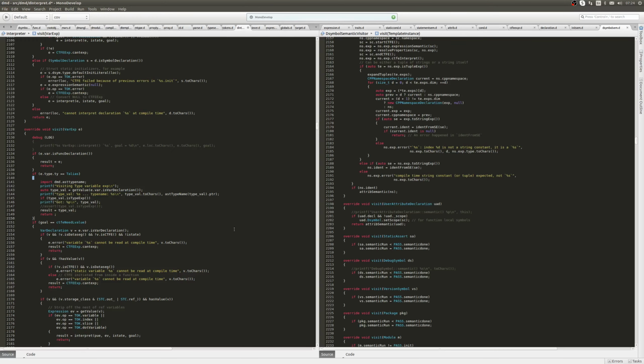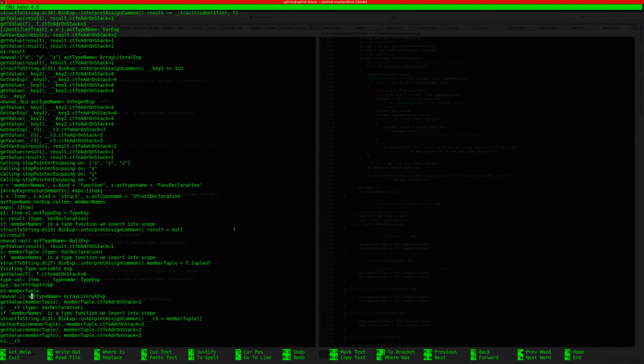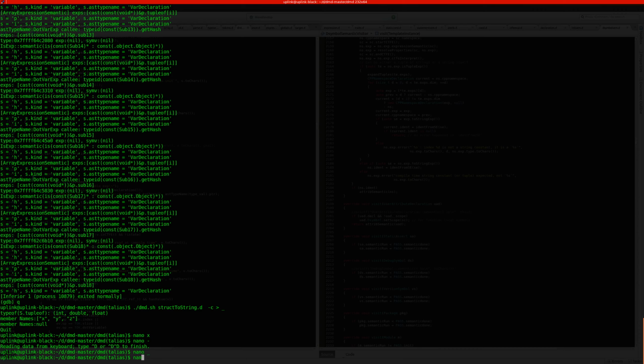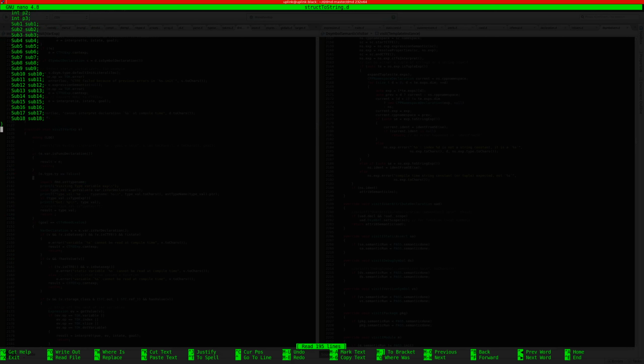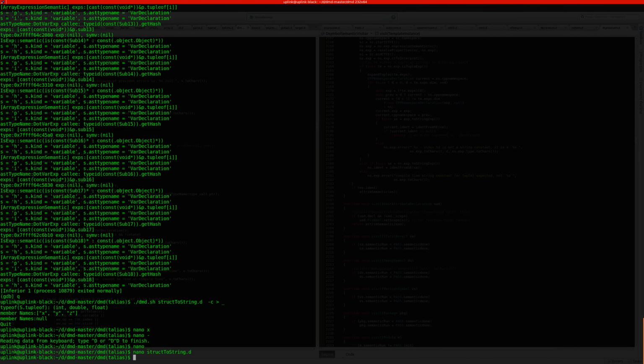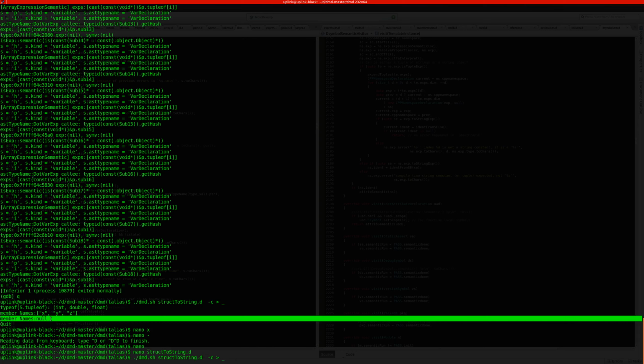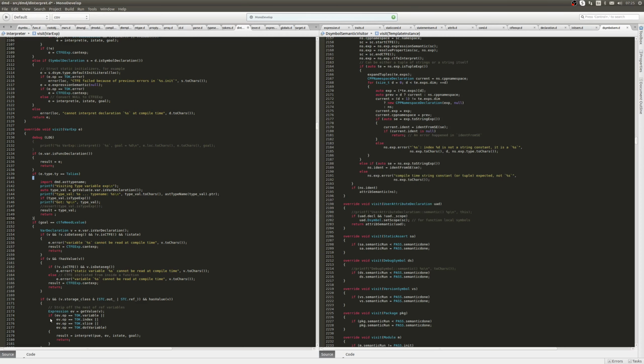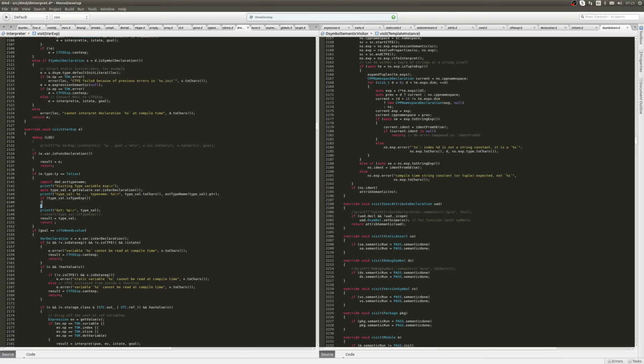Alright, hello guys. Right now we are trying to fix a test that Adam gave us. There's a struct with a bunch of substructs and we want to print at least the member names. Right now what we'll get is member names null for that thing, I presume because it didn't have semantic code on it. So we will do something in the variable expression thing here,